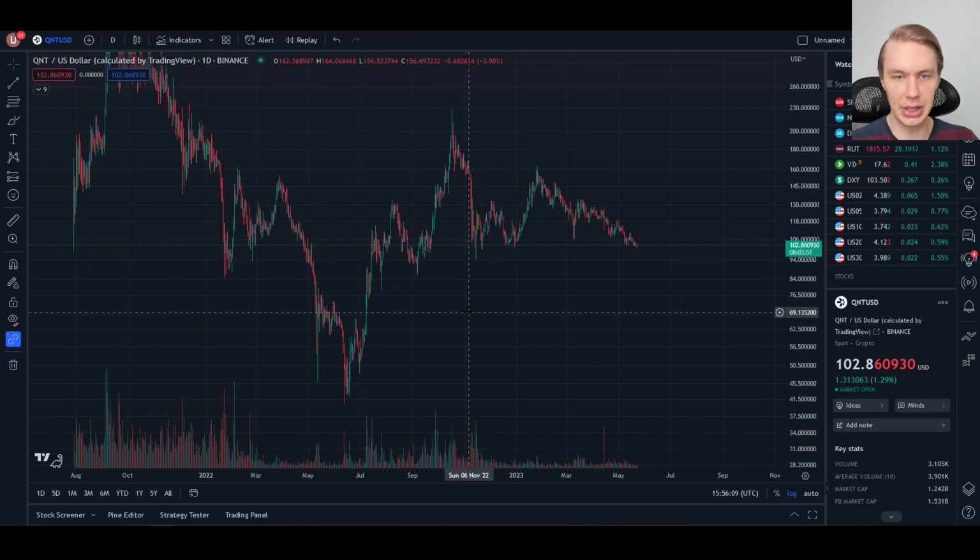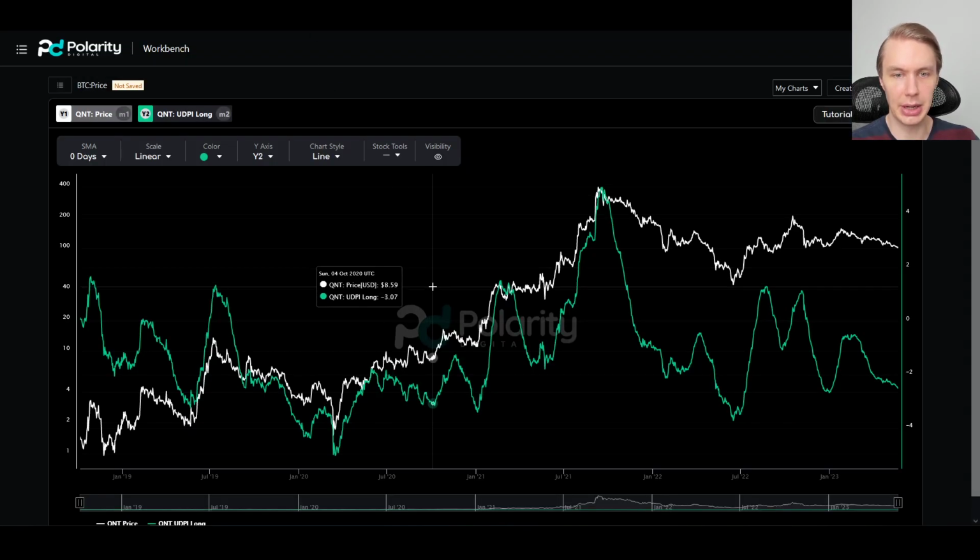And now more recently, it's just been kind of consolidating sideways. We fell off, had a bit of a run early this year, and now have been kind of cooling off. So what does this mean when we think about Quant's longer term prospects? And so to talk about that, I want to flip over to our long-term upside downside potential indicator, our risk model that we have here at the channel.